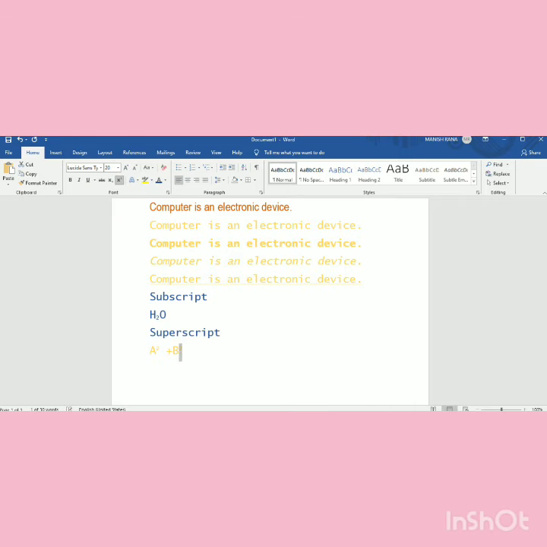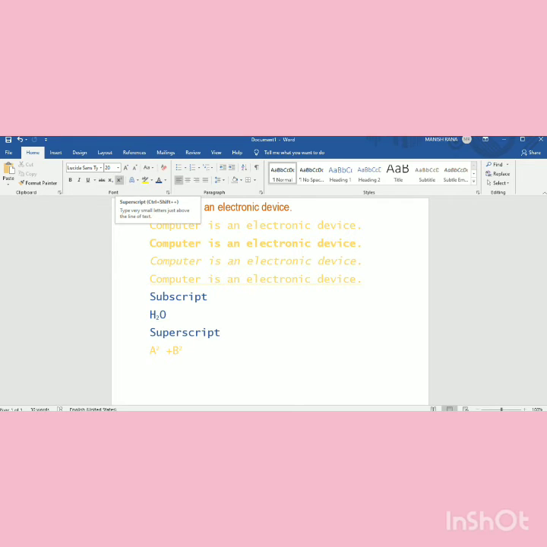Now you can see it is showing above the text. When we have to deselect it, clicking on this again, the text will display in its normal size. This is called superscript and subscript. These two options are used for that.